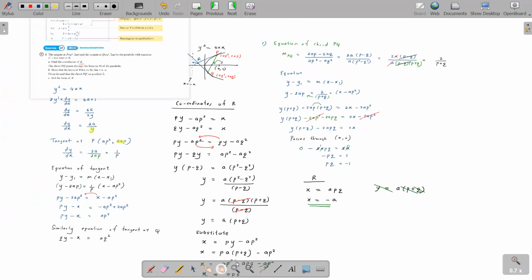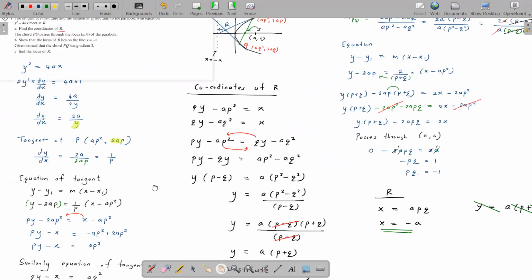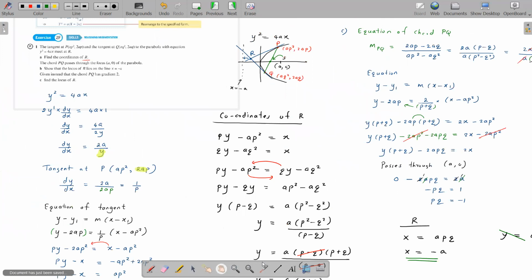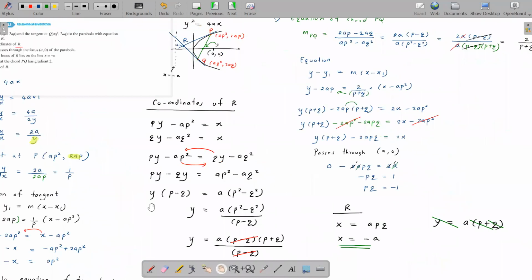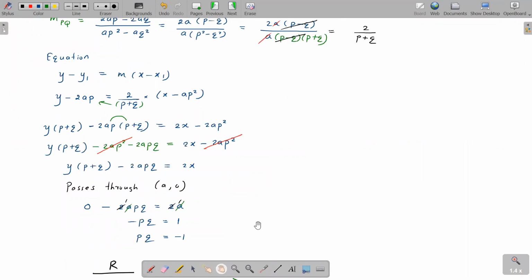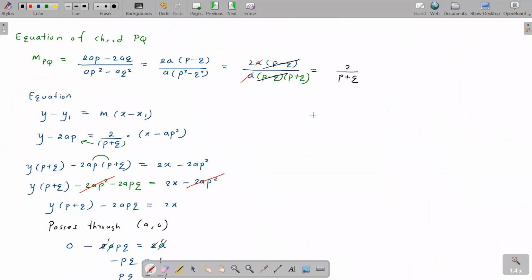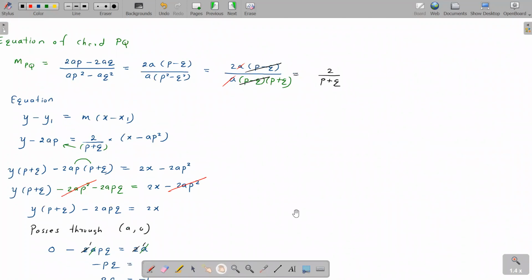So yeah, then the next one, there's a part C as well, right? Look at part C. Given instead that the chord PQ has gradient 2, find the locus of R. Are we saying that it passes through the focus of the parabola? No, given instead that the chord PQ has gradient 2. So let's move on to part C. I'll write over here: if chord PQ has gradient 2,